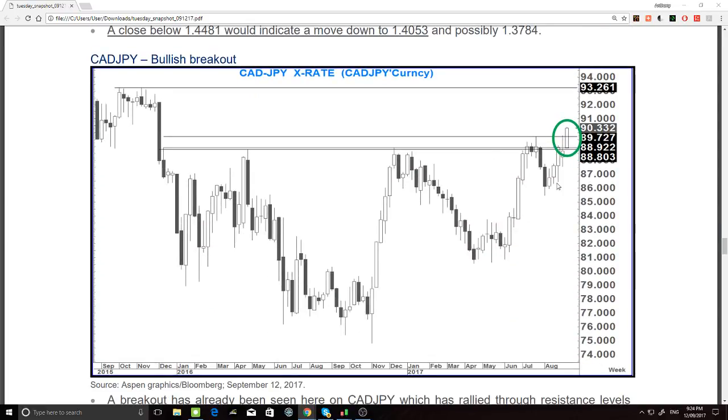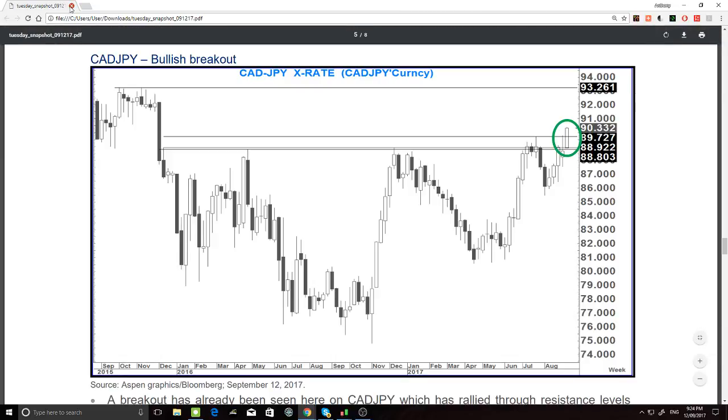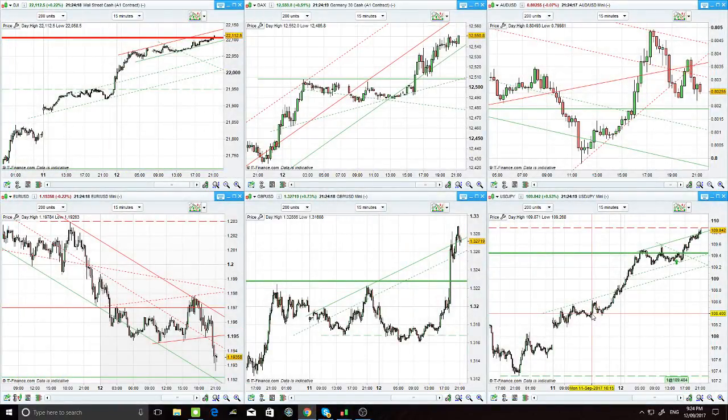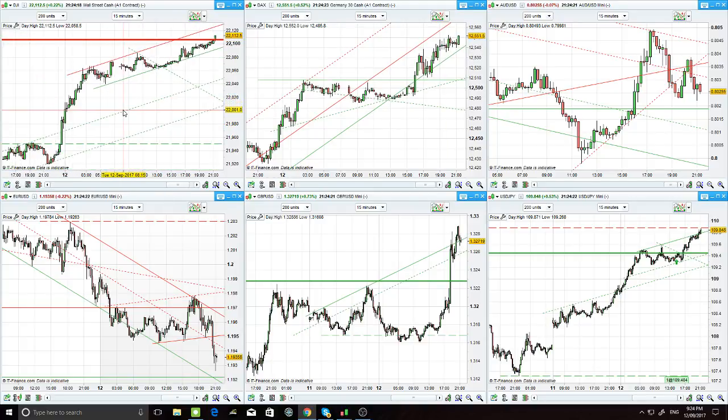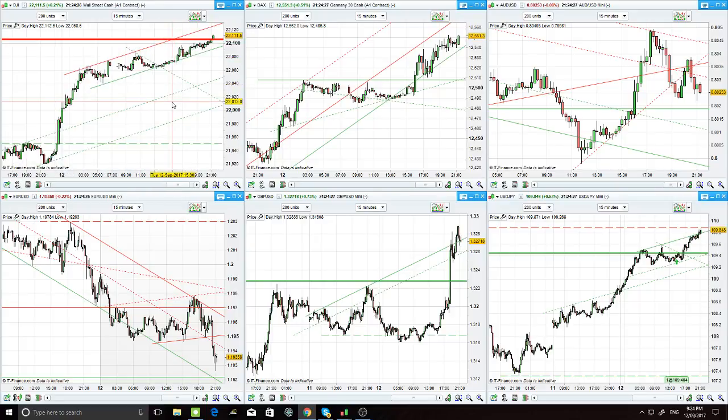And the CAD yen, yeah, obviously that's super strong given the divergence between monetary policies in Canada and in Japan. So yeah, you can see it in the charts. The market's reversal and the risk on feel is so strong. It's going to be very hard not to. Jesus Christ, the Dow's just kept on going up all day. Hasn't broken. Let's see the open here in 2 hours and see what happens.